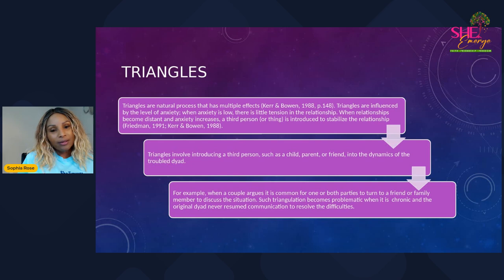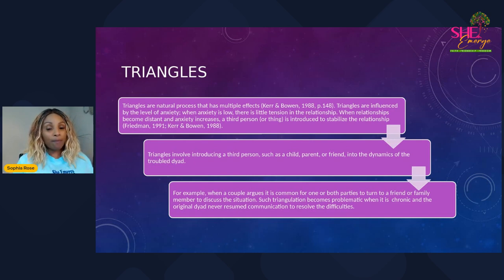Let's look at the triangles and how this shows up in the space. Triangles are a natural process that has multiple effects, according to Kerr and Bowen. And triangles are influenced by the level of anxiety. When anxiety is low, this postulates that there is little tension in the relationship. When the relationships become distant, anxiety increases. Then, hence, a third person, or not necessarily a third person or thing, is now introduced to